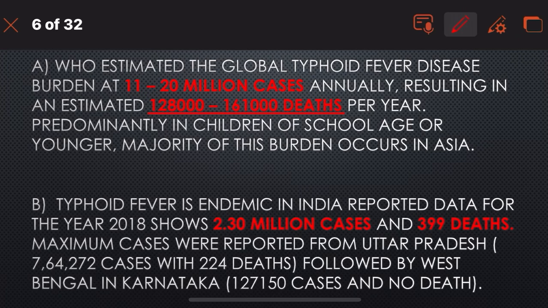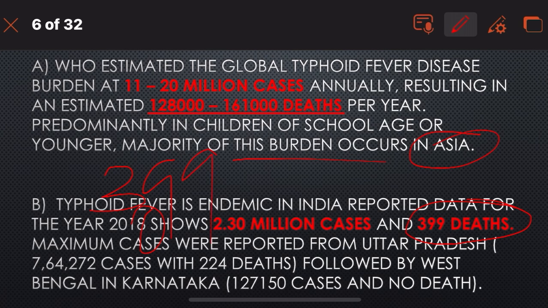And these deaths are predominantly recorded in children of the school age group or younger. The majority of this burden occurs in Asia. So you can see the majority of the burden of typhoid cases and deaths is occurring in Asia. Typhoid fever is endemic in India. Reported data for the year 2018 shows 2.30 million cases, and it has recorded 399 deaths in India. In the year 2018, there are